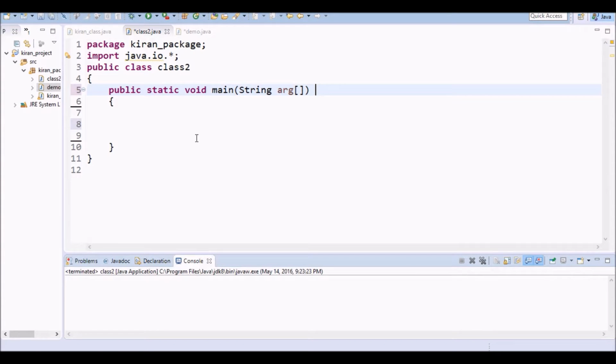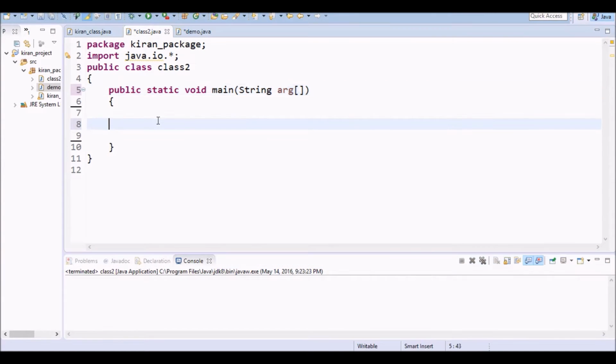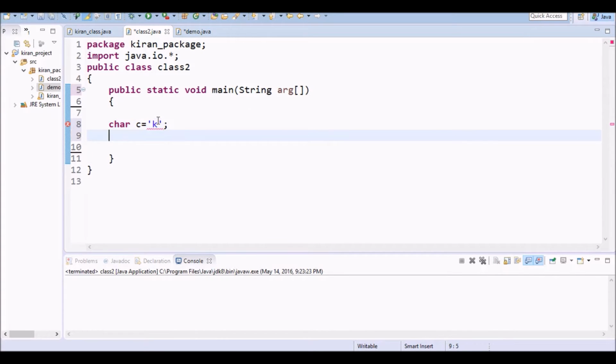Let's get started. Hey guys, in this video we are going to learn about inputting the data from the keyboard. How are we going to input the data from the keyboard and return that into the console? Let us see here something like char c is equal to k.